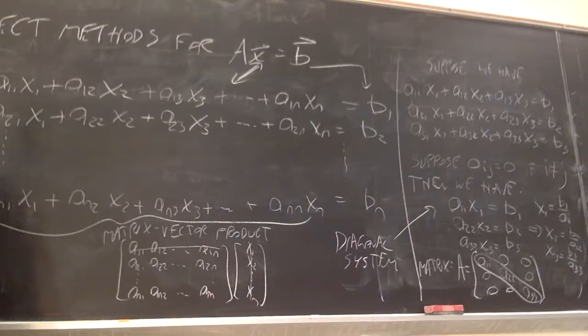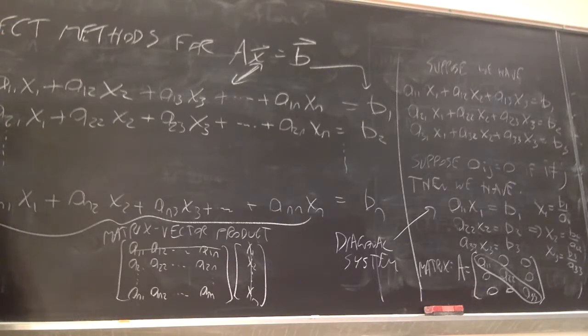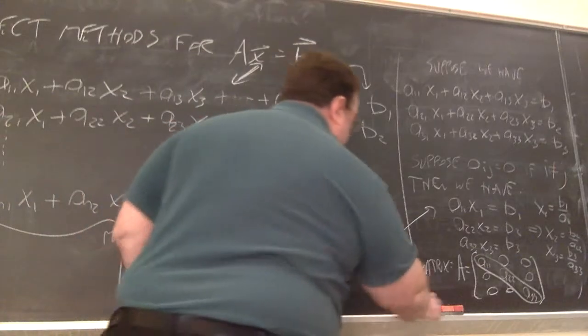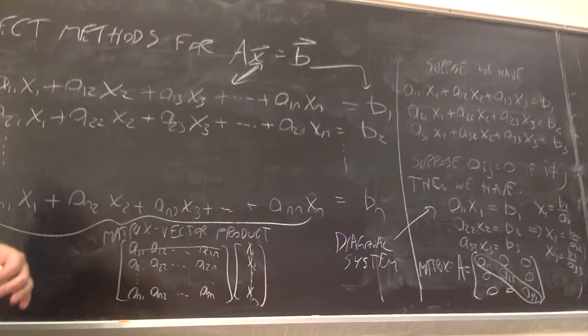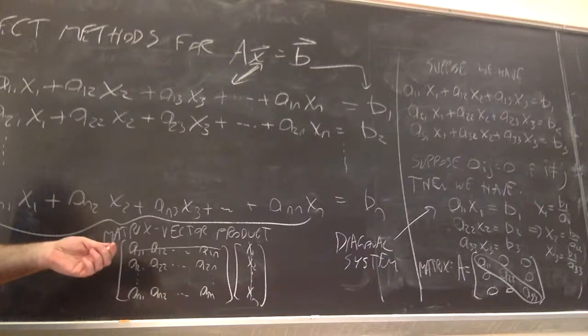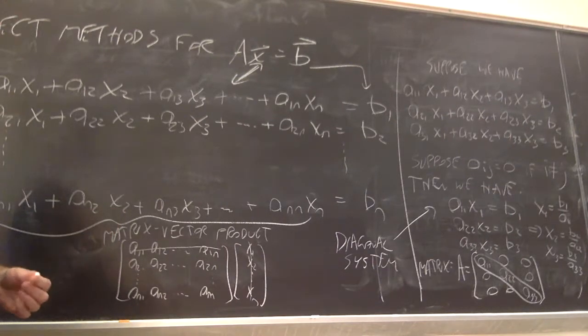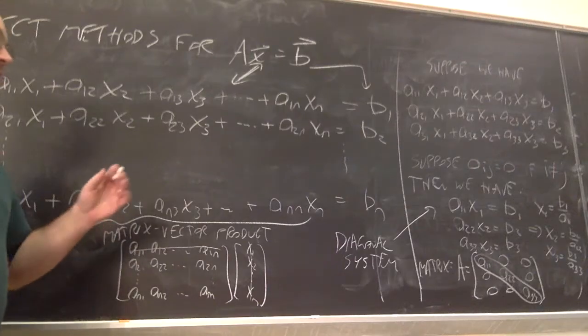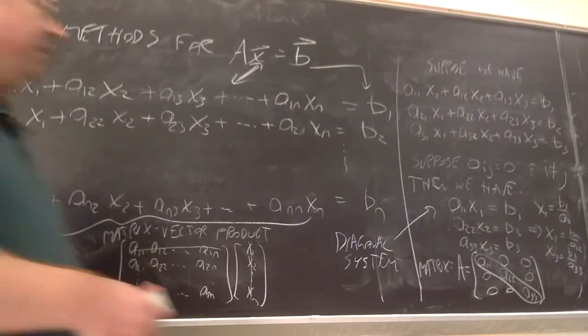Yeah, n, because we're just going to do one division in each case for a grand total of n divisions. Okay, so that's the simplest case. If we could reduce the general system of equations to diagonal form, then we're home free. We definitely have a solution. But now we're going to step back a little bit. We don't need to go that far to get a system that is easily solved.